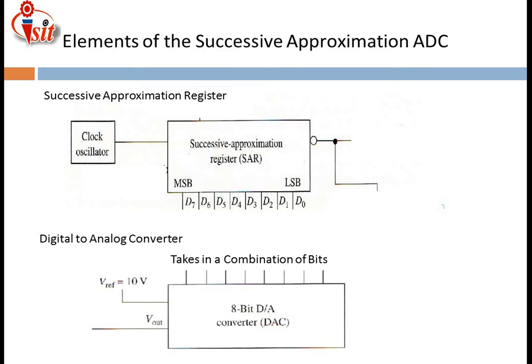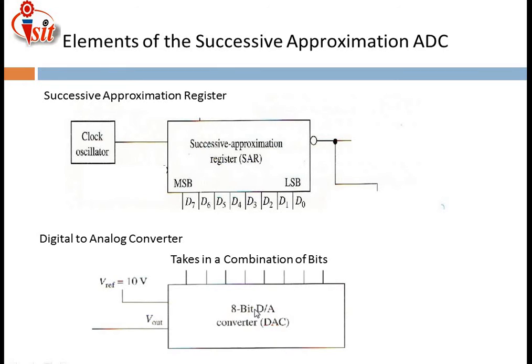Here we are considering 8-bit input. For that purpose, LSB to MSB bit division will start from D0 to D7, and the output which is introduced is nothing but the successive approximation type ADC. Then a digital to analog converter is also used here, because we are dividing the bits into LSB to MSB. For that purpose, an 8-bit digital to analog converter is used, because I have applied D0 to D7, that means 8 bits as input here. For that purpose, here I have used an 8-bit D to A converter.